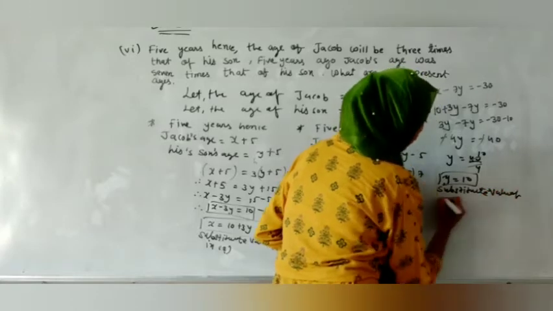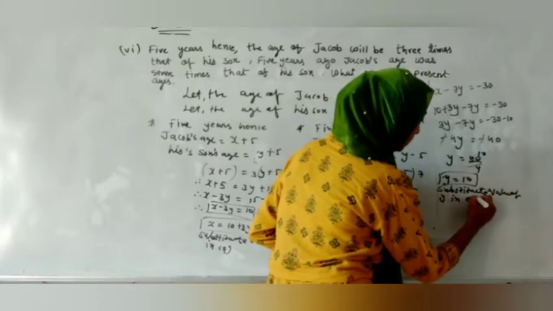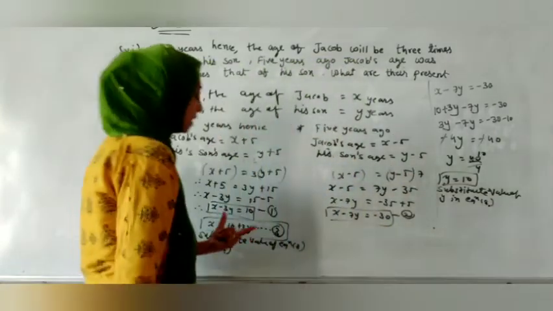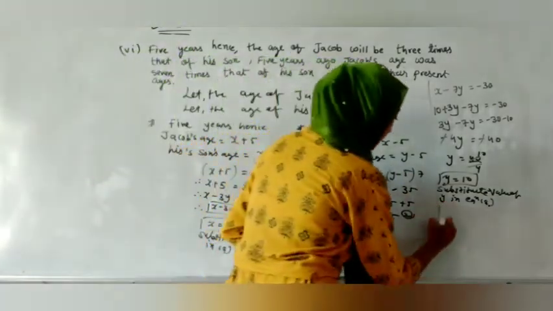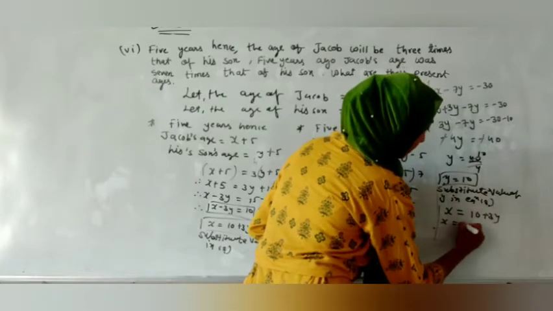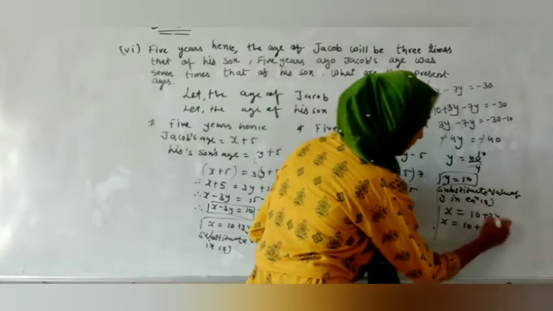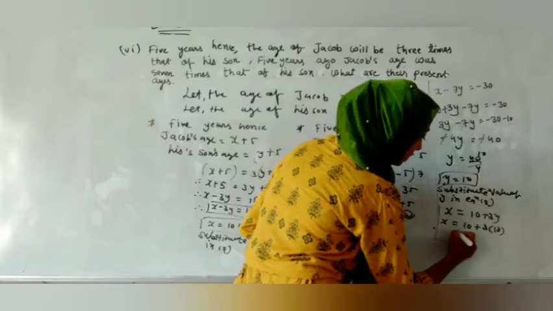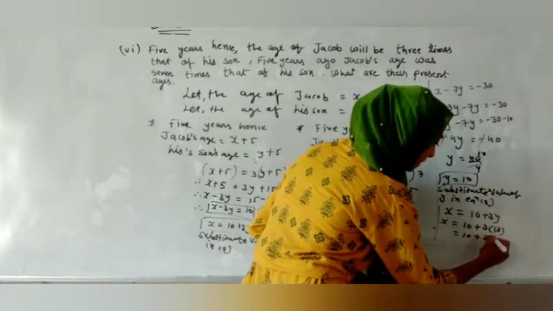So here we got the value of y, now we have to substitute in any equation, but I will substitute value of y in equation 3. So how it will look like? So our equation 3 is in this form. Let me write x is equal to 10 plus 3y. So x I am keeping as it is plus 3 into y we got as 10, so it will become 10 and 3 10s are 30.